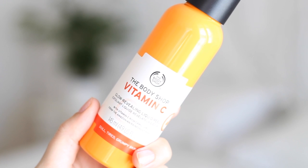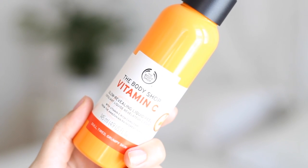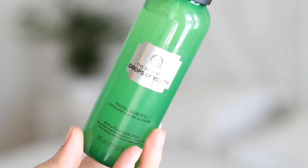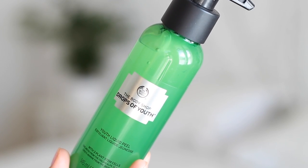Now, I'm not exactly sure the difference between these. They both do the same thing, but they're in different ranges. So I'm guessing that the vitamin C one maybe is a little bit more brightening, and the drops of youth one maybe is a bit more anti-aging. But essentially what they do is they are a gel to peel formula, and by that I mean you work it into dry, clean skin, and as you massage it after a minute or so, the product actually pulls up, and in doing that, it's supposedly taking your dead skin cells and any impurities and pollution on your skin off